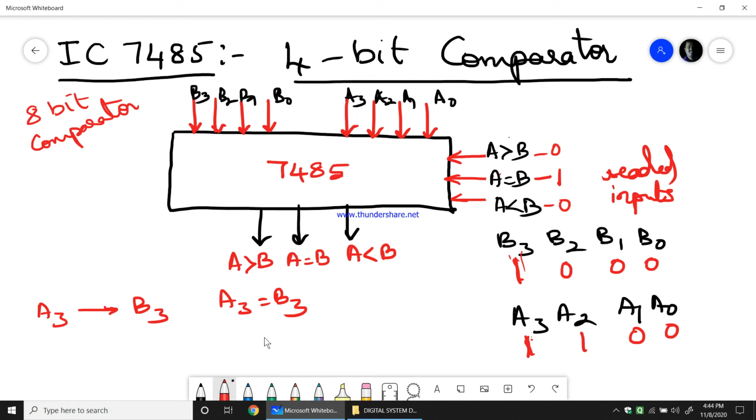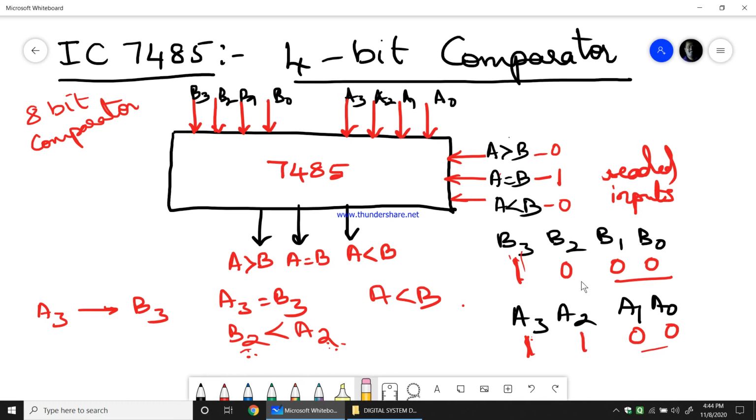As we can see, B2 is less than A2. Therefore, it doesn't go on to compare B1 and B0. It will directly decide from B2 and A2. As B2 is less than A2, it will directly give the result. It will nowhere go to compare B1, B0 with A1, A0, because B2 itself is less than A2.